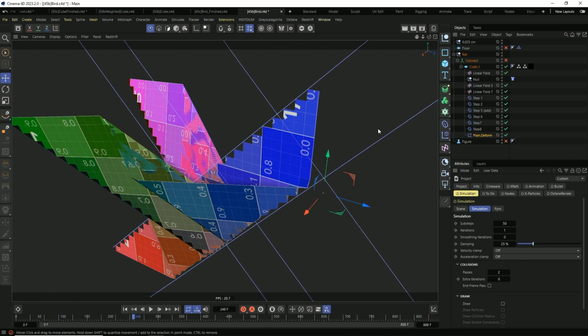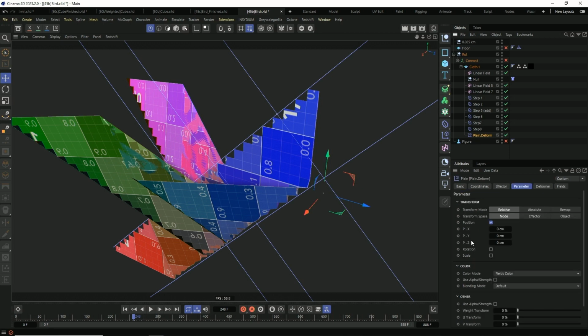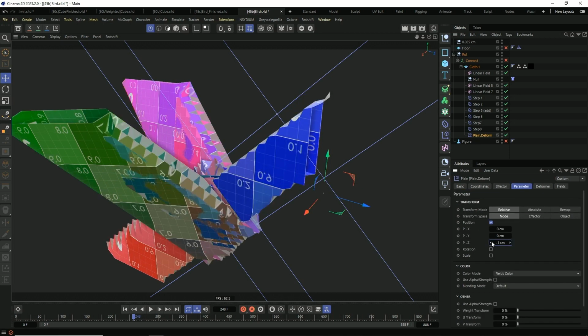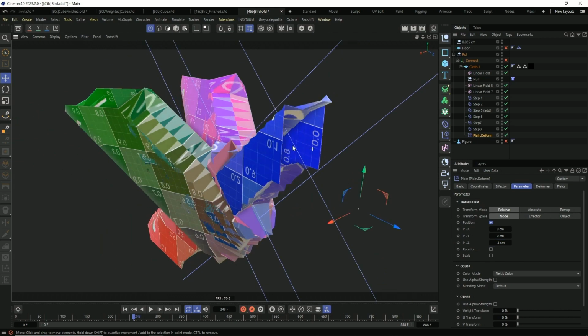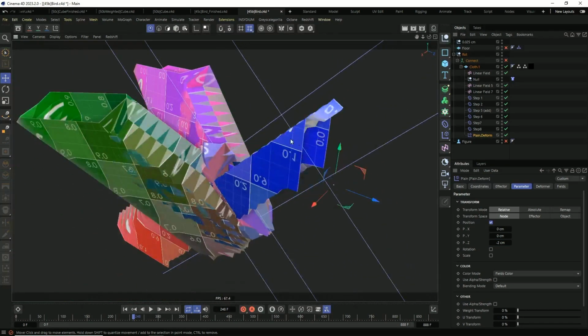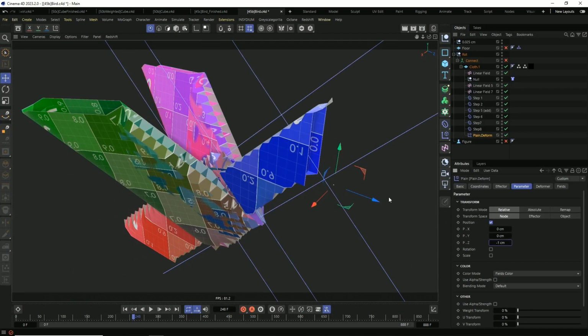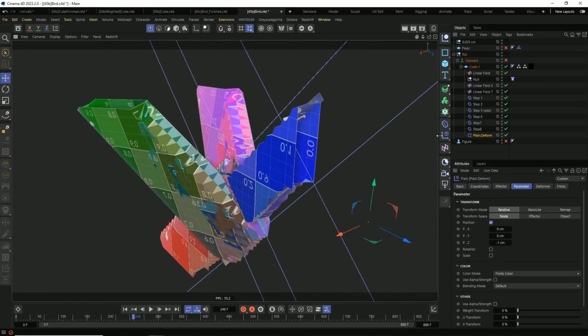So I want to push these out. Now, it just so happens that the bird is flipped upside down just by the nature of it, so we actually need to go negative. So if I grab the Z position, I can say -1, -2, and you can see how this is now bulging outward. Everything is, but this part is specifically. Now, it's going a little bit overboard, so let's only do 1,